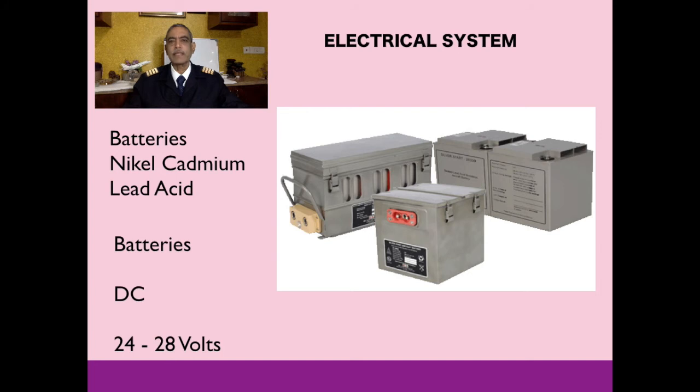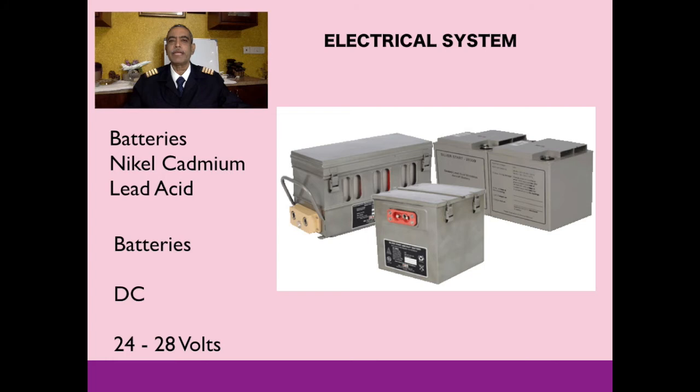Next is the electrical system. So let's go through it. The basic electric supply is achieved by two or three batteries which will provide DC power supply to the aircraft. That is, when the aircraft is not powered at all and it has to be powered up, this is the first source of power that will be powering the aircraft. And of course, it's not going to power the entire aircraft, and it's going to provide power source to very limited services,